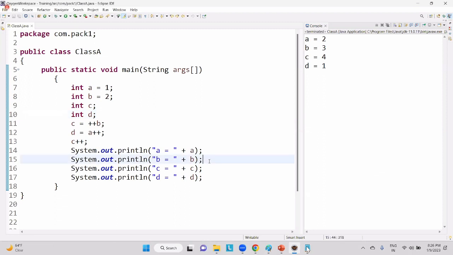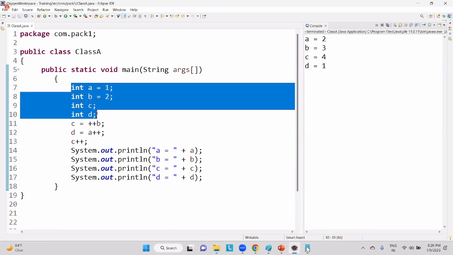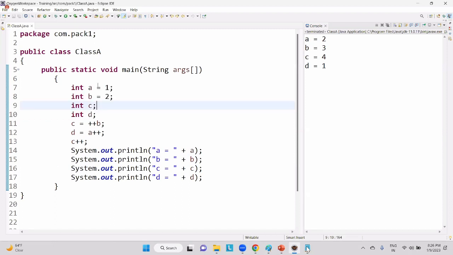Now, how are we getting 2, 3, 4, 1? Very simple. Guys, these are which variables, by the way? Local variables. Okay. A equal to 1, B equal to 2, int C and D. C equal to, come on, plus B means